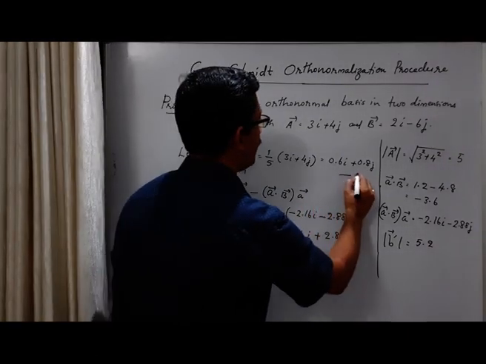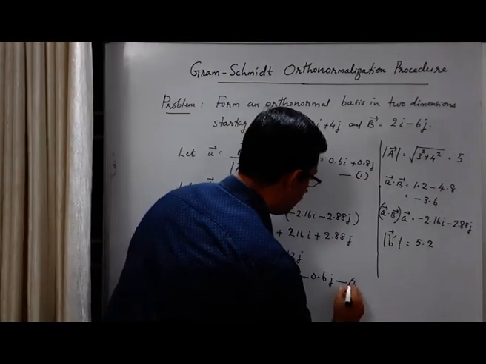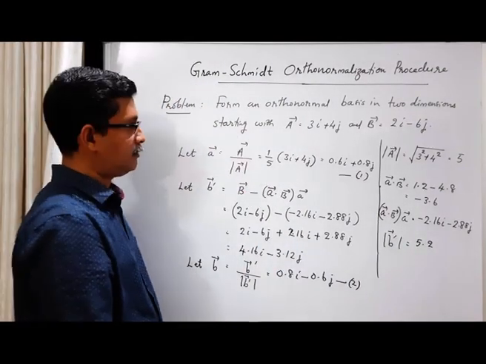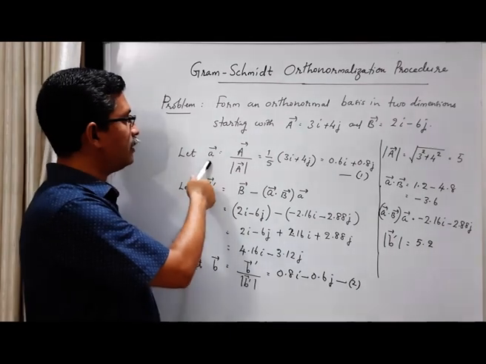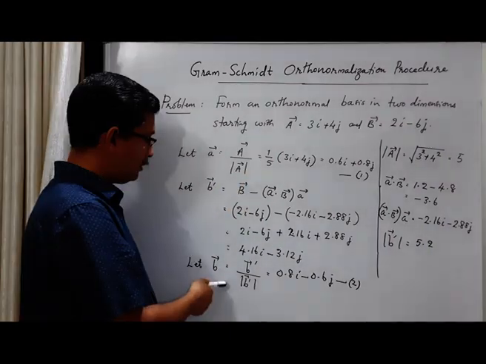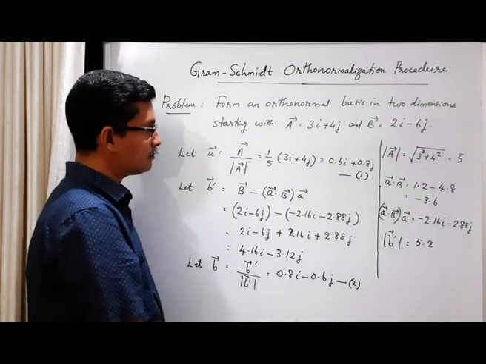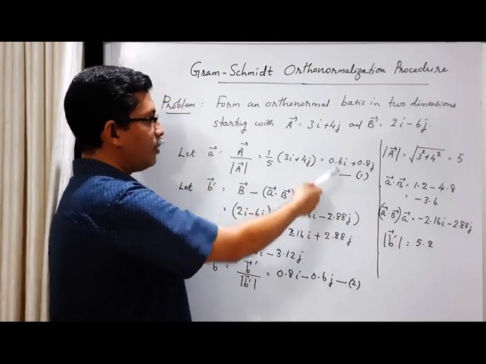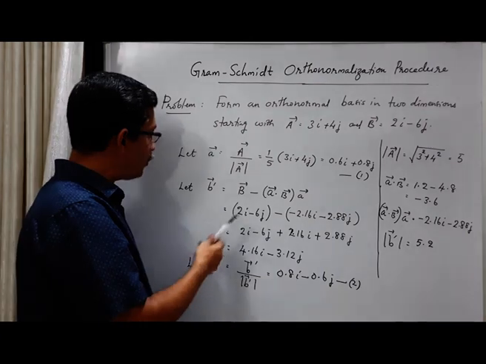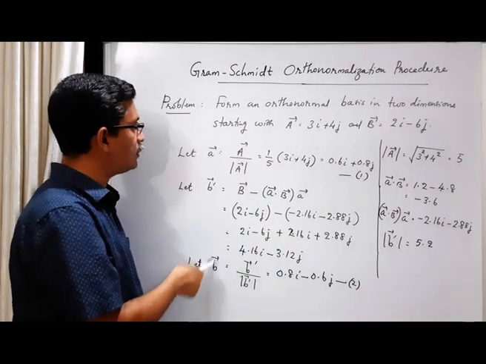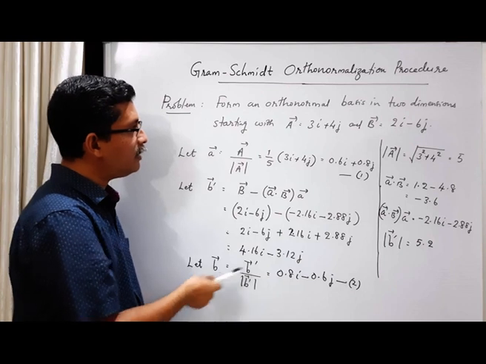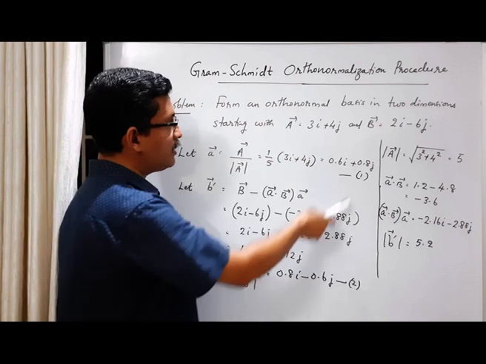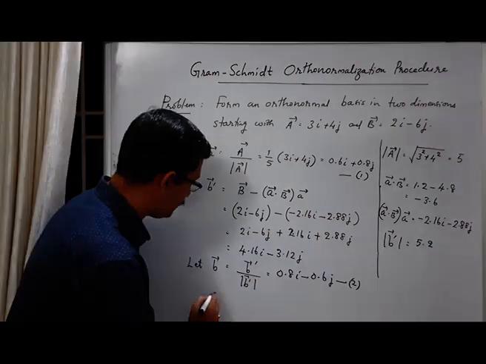So this is our vector a, this is our vector b. Now these two vectors, a and b, will form an orthonormal set. Vector a is clearly normalized, you can check that, and vector b is also normalized. Actually the coefficients are just interchanged here with a minus sign. And you can also check a and b are orthogonal to each other. Take a dot b. A dot b is 0.6 times 0.8, 0.48, minus 0.48. Its value is 0. So a dot b is 0.